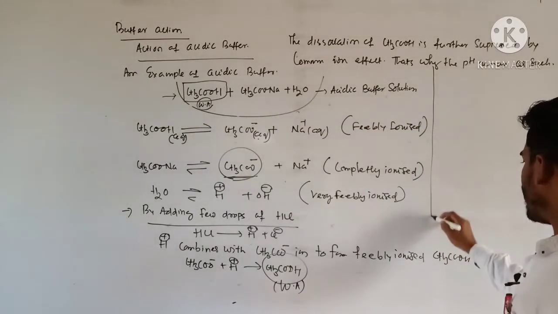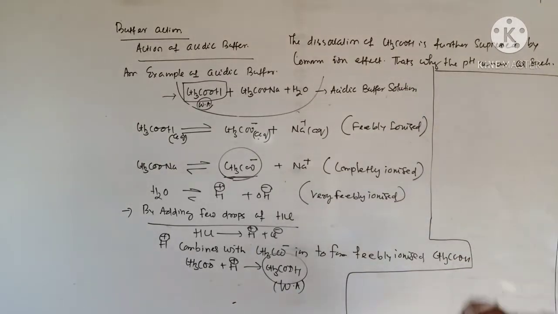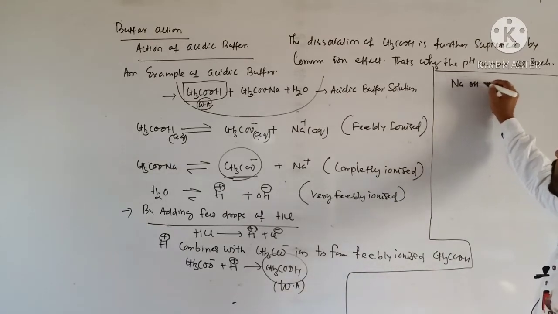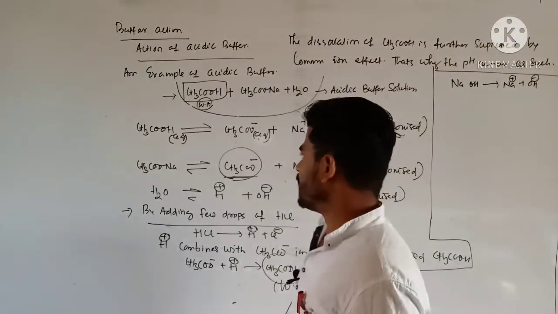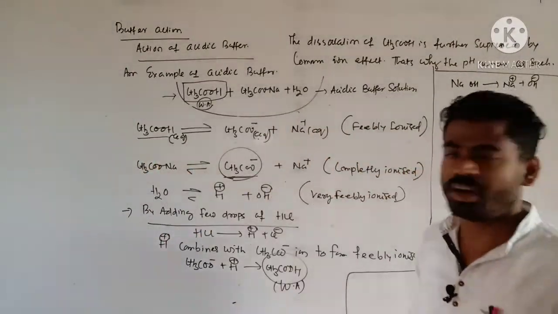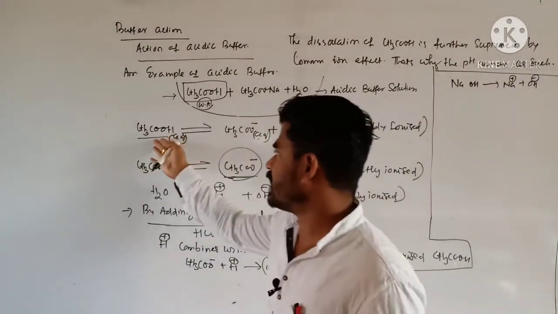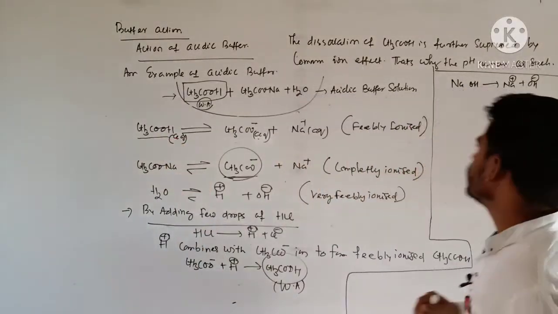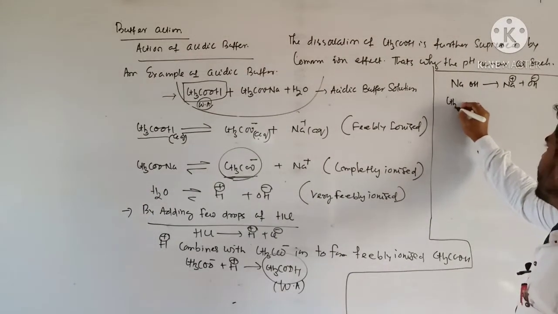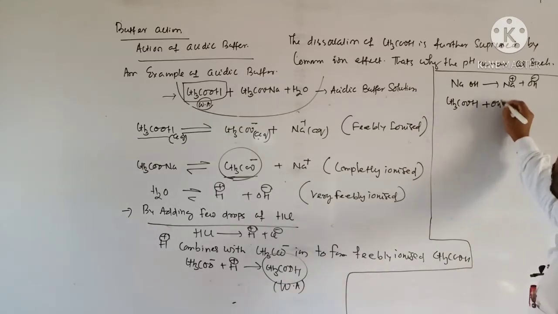Now, suppose I add a few drops of NaOH. So what happens if I add NaOH to it? Then it will give you Na plus OH minus. Is that clear? Since in the solution there is already the presence of this weak component acetic acid, because this one is feebly ionized, that means it contains acetate ion as well as acetic acid molecules also. So I can write this OH minus, that is furnished by this sodium hydroxide, interacts with acetic acid and it will give you